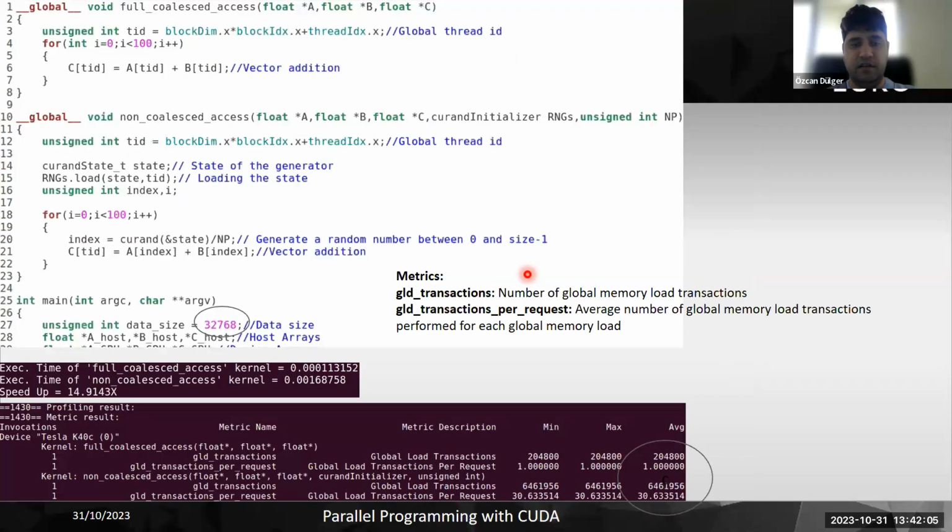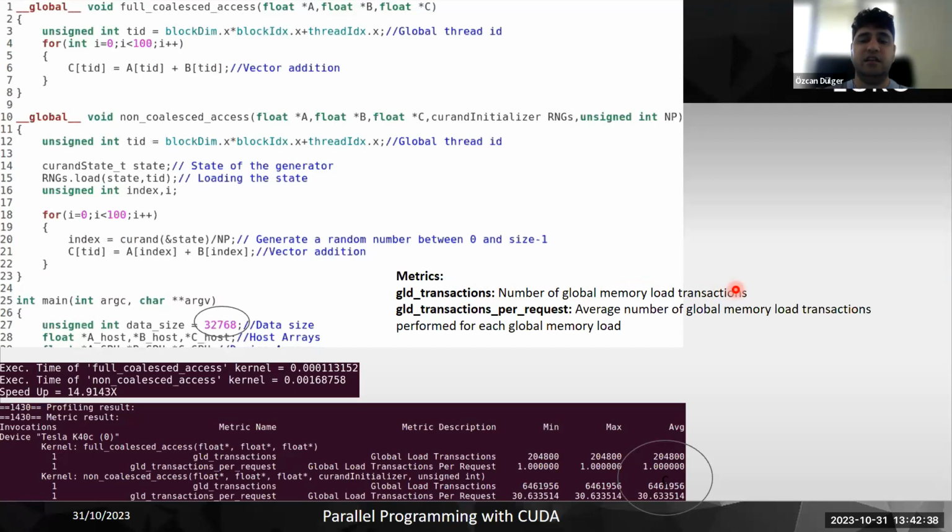Okay, we run these kernels on the GPU and measure the performance by using the CUDA profiler. There are some metrics about warp access to the global memory. The first one is the GLD transaction metric. This gives us the number of global memory load transactions, the total number of global memory load